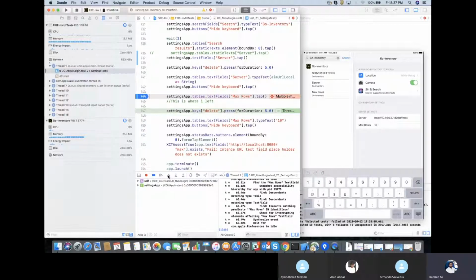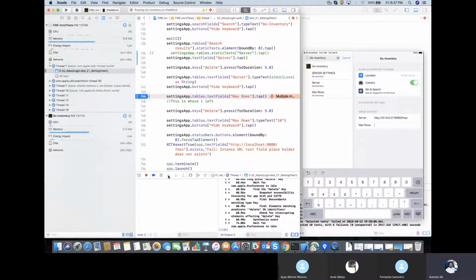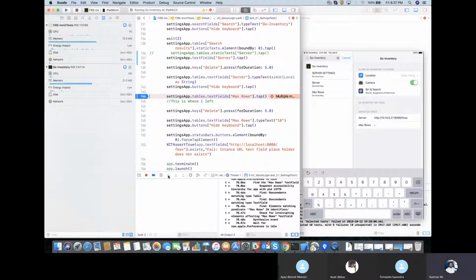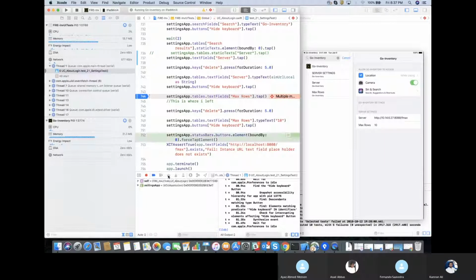Okay, it did. Then hold delete key. Okay, then type 10 in that. Hide keypad. Okay, here is the point that I was talking about last time, that you can see here the status bar, and you can also see that particular Go inventory reference variable in the status bar at the top left corner, because the way